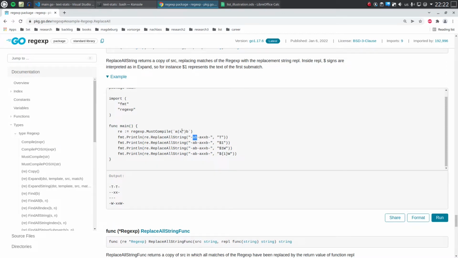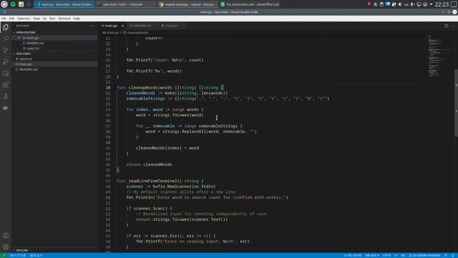So it's just A and B and 0 asterisks. The minuses stay because they are not matched by this pattern. So don't worry if you don't get everything about regular expressions yet. I just want to give you a brief